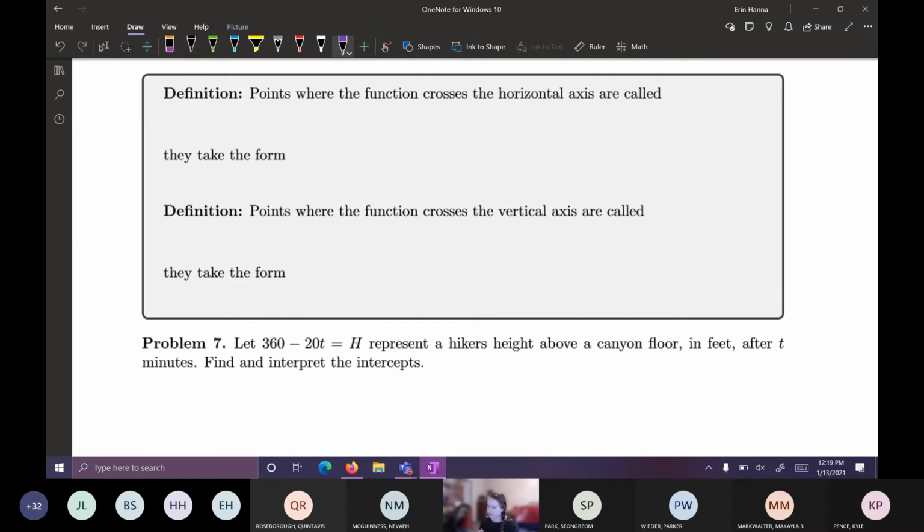So points where a function crosses the horizontal axis are going to be called horizontal intercepts. And these intercepts are going to take the form of a coordinate point x, 0, or whatever variable you're working over. And if we have some